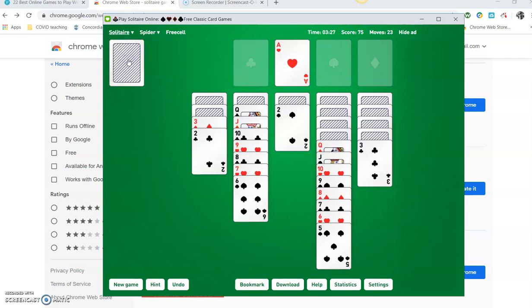So I can click again and I can keep going through the deck as long as I can make one move. If I get to the point where I go through the whole deck and I can't make any moves,